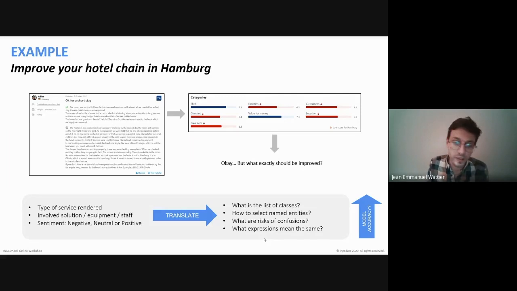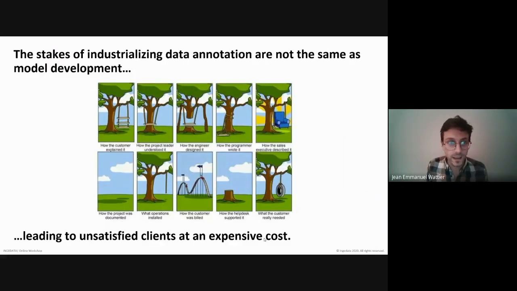And the aim, of course, is, for example, to build a list of classes for running the predictions with your NLP model, and also, more related to annotation, how do you select named entities? What are the risks? What expressions mean the same, and stuff like this, so your model performs well. Okay. So focusing on the translation part, the idea is that